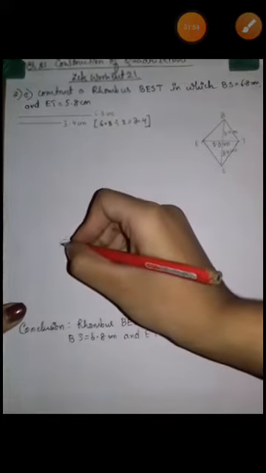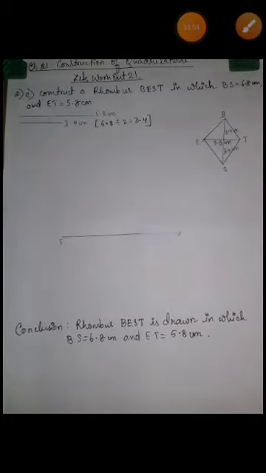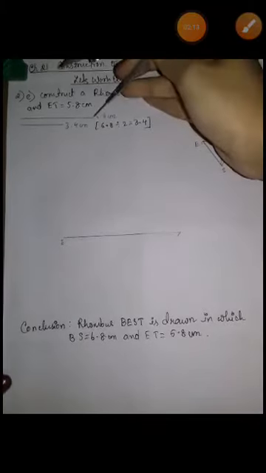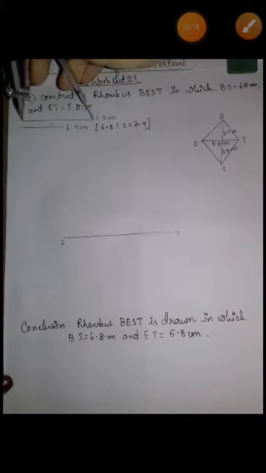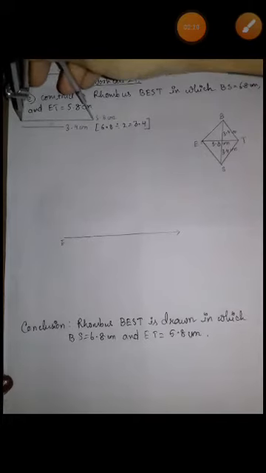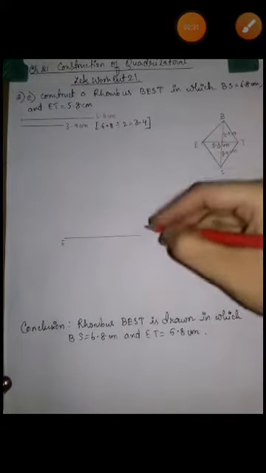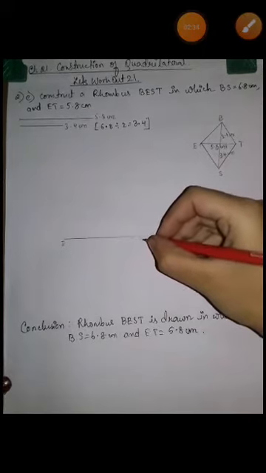So you mark the E on one side, and as I have told you before starting the construction, you are going to take the measurements of the given line segment, so that while doing the construction it will be easier for you. So ET is of length 5.8 centimeter. You are placing the compass and taking the measurement of 5.8 centimeter. Alright. Now you place it at E and cut an arc. So you are getting this point T. So this is your T.